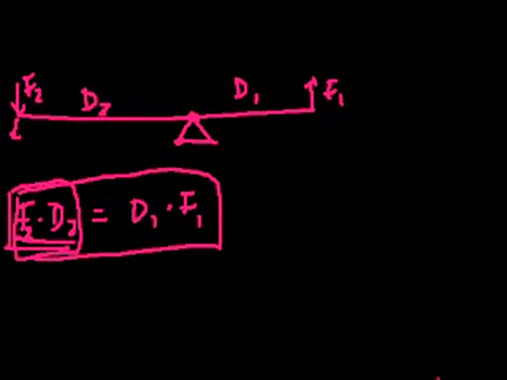Welcome back. When I left off, I was hurrying a little bit, but we had hopefully come to the conclusion that if I have a simple lever like I have here, and I know the distances from where I'm applying the force to the fulcrum, to the pivot, and I know the distance from the pivot to where the machine is essentially applying the force, or the machine being the lever in this situation,